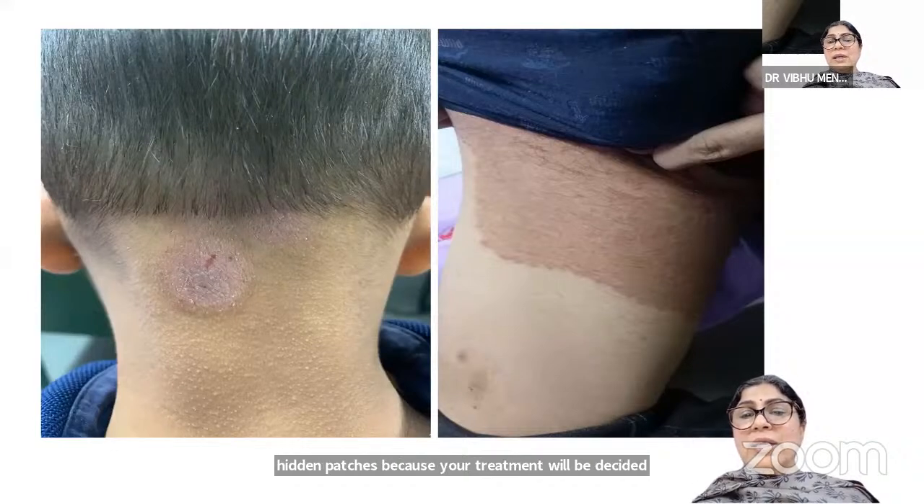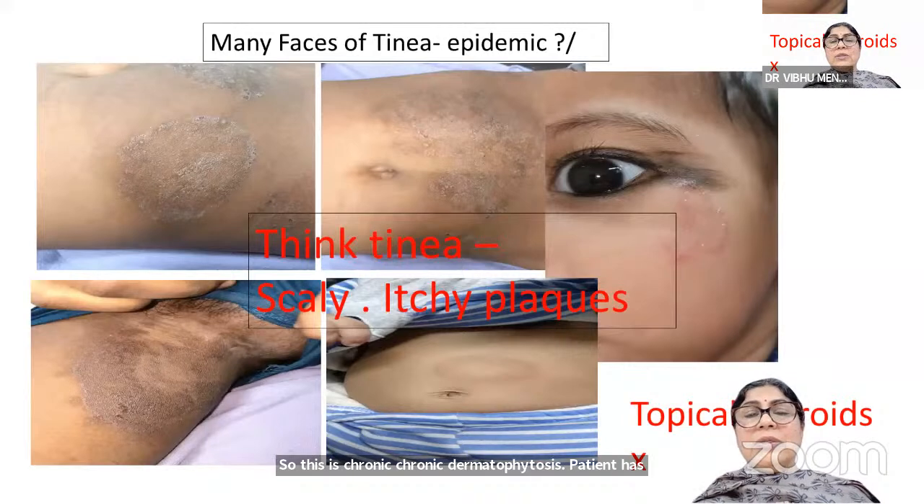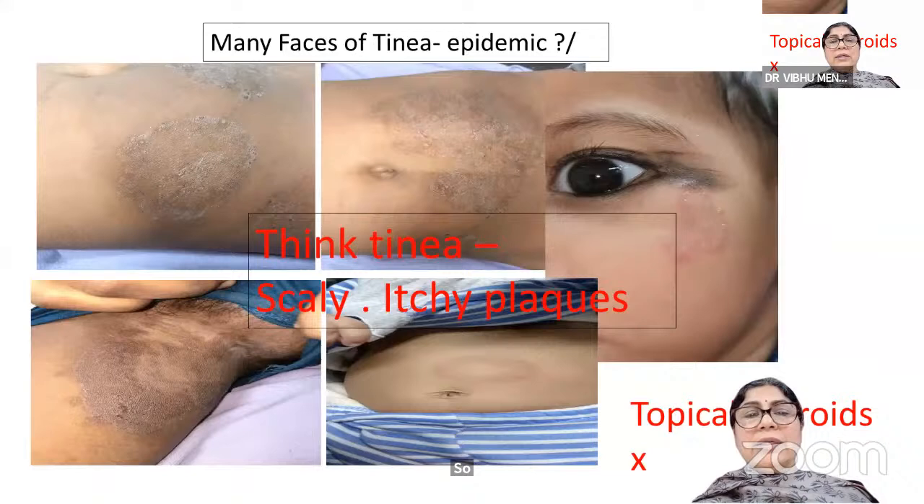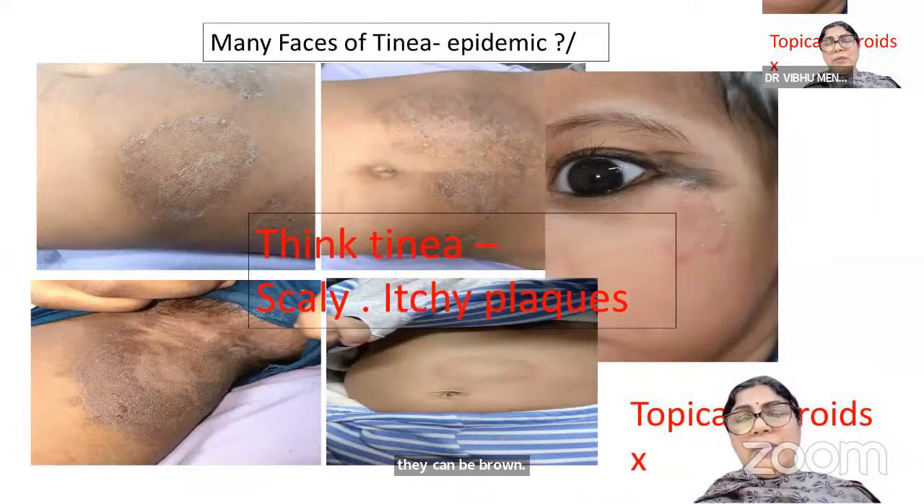And here you see erythema is not so much present, but you can see that there is brownish discoloration and there are fine scales. So this is chronic dermatophytosis. The patient has not taken treatment. So think tinea when you see scaly, itchy plaques. They can be brown, they can be erythematous, and they can be anywhere on the body. And another message is, please do not use topical